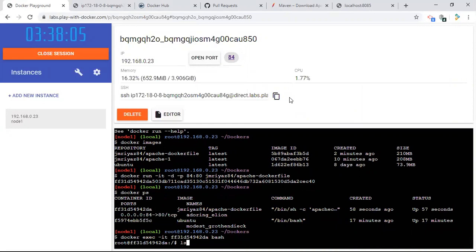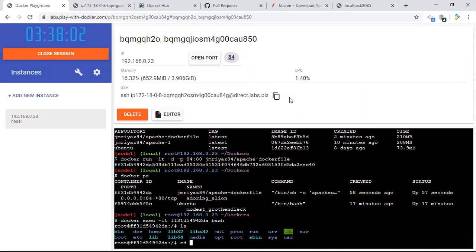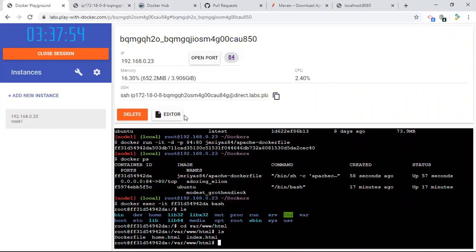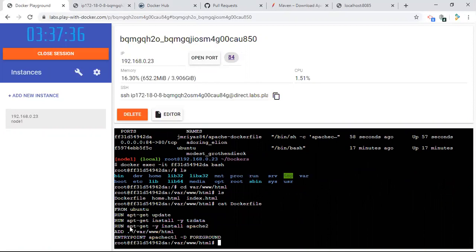Okay, so here if you see ls, you can see var www html. ls. You can see the Dockerfile is there, home.html is there, index.html is there. Index.html is the default Ubuntu Apache server page. We have home.html and our Dockerfile. In the Dockerfile we mentioned to copy the entire content to the www html folder. That's why it moved our home.html page. Okay, so this is about Docker.